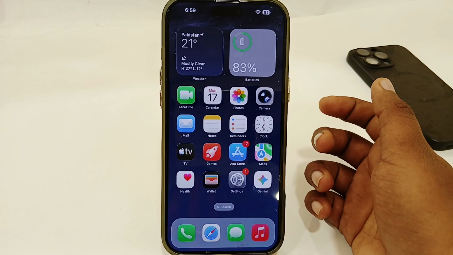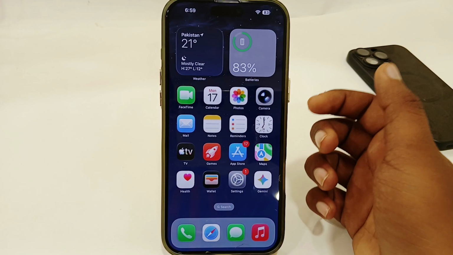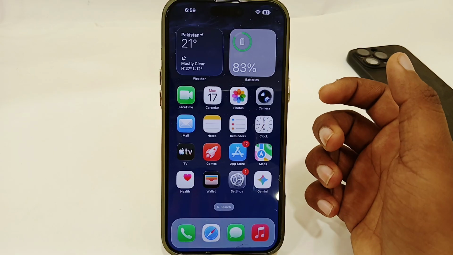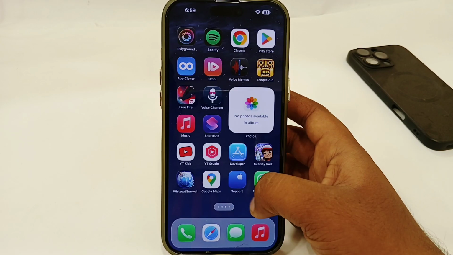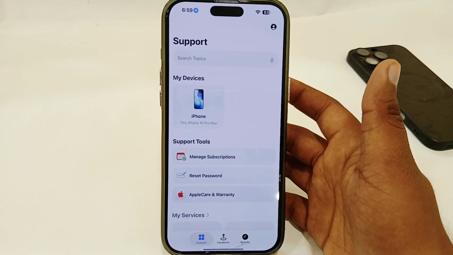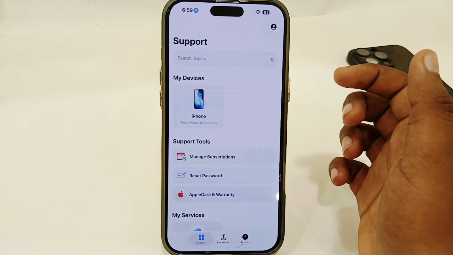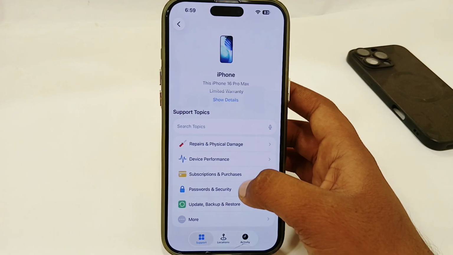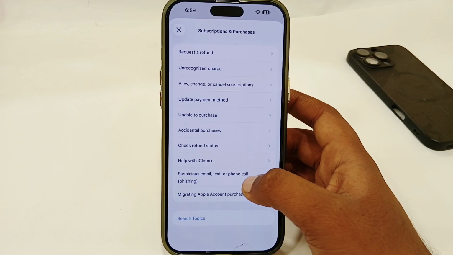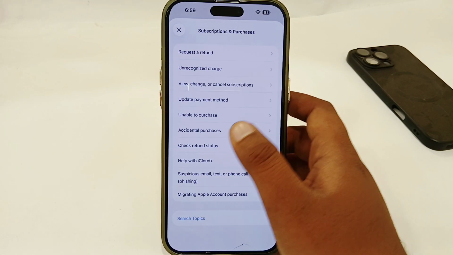and your payment method will be updated. Or if you are getting the same issue again and again after updating your payment method, so there's the only way. You have to open your Apple Support app. You can easily install it from your App Store or you can use Apple Support Web. So select your iPhone from here, then select subscriptions and purchases, and here select enable to purchase,